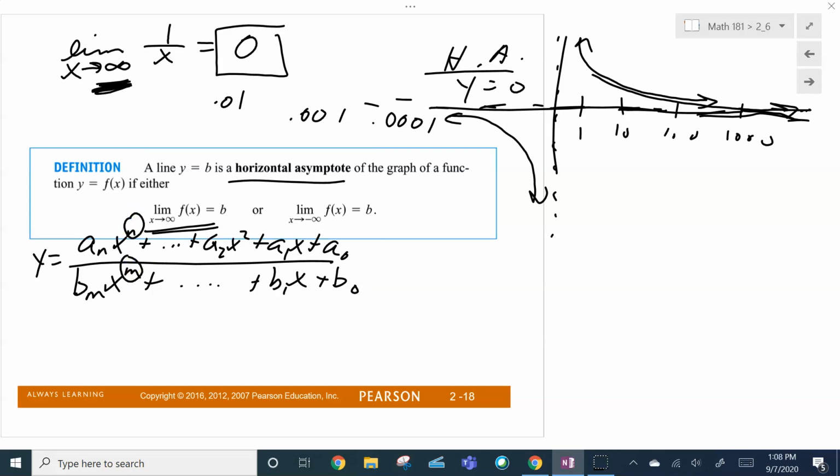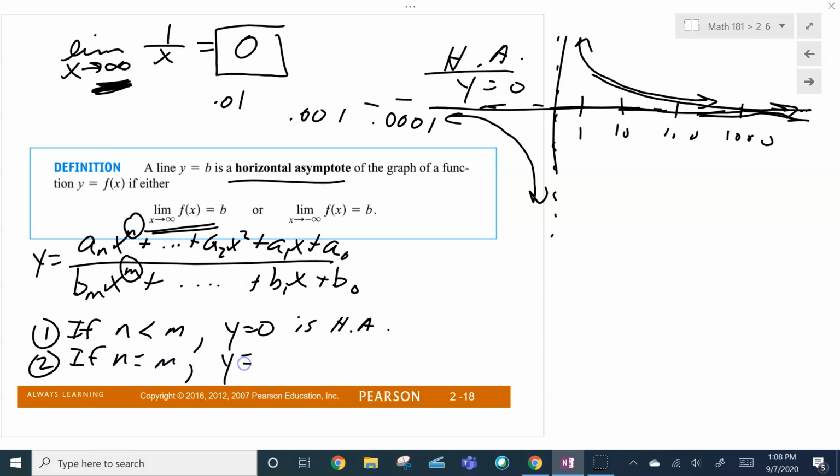So the rules were, number one, if the degree of the numerator was less than the denominator, then y equals 0 is the horizontal asymptote. Number two, if they were the same degree, then we take the leading coefficients. That would end up being the horizontal asymptote. And then number three, if the degree of the top was greater than the bottom, then there's no horizontal asymptote,